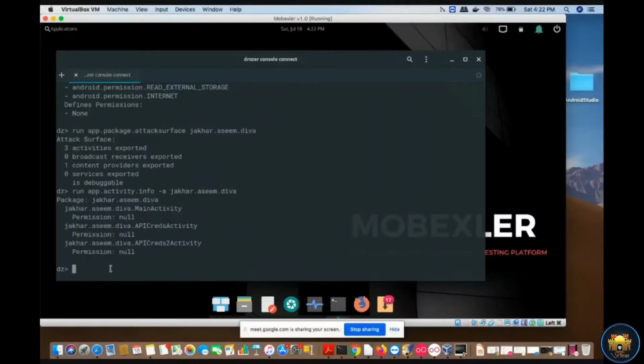And how to bypass the activities, in the last session we have shown how to bypass the activity. Now I can show you the same command from the Drozer console, right? So what I will type, run app.activity.start --component and the package name jakar.asim.diva and the activity.